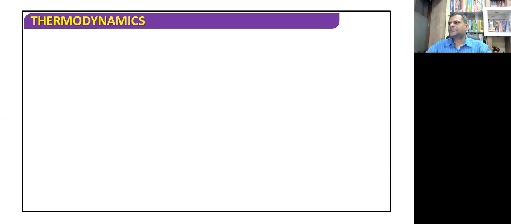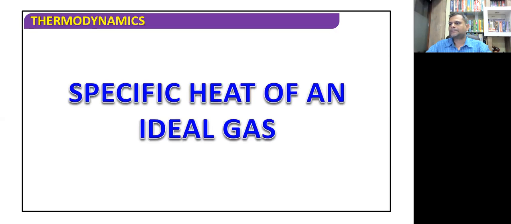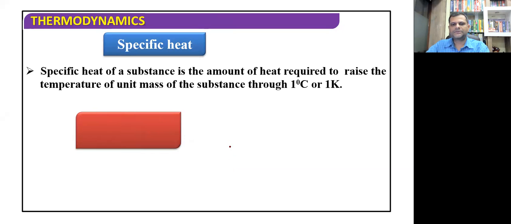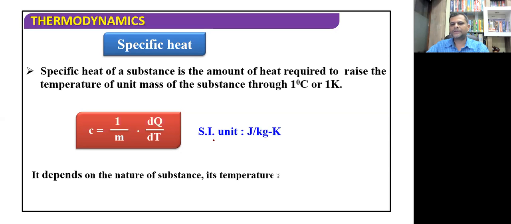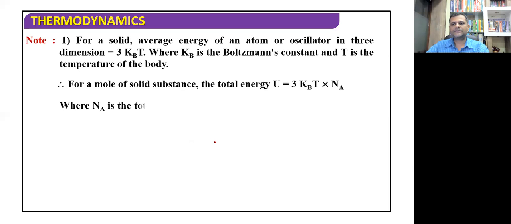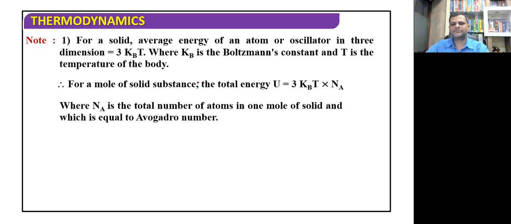Yes, now we'll see the important concept here, that is the specific heat of the gas. जैसे कि हमने ऑलरेडी देखा है कि specific heat of the substance is defined as the heat required to raise the temperature of unit mass of substance through 1 degree Celsius or 1 Kelvin, and C is defined as 1 upon m into dq by dt, no doubt. But गैस के लिए क्या होता है, दो स्पेसिफिक हीट्स बनते हैं,